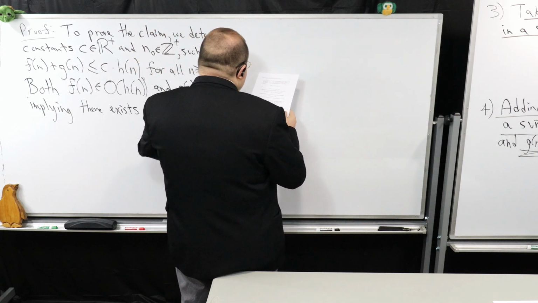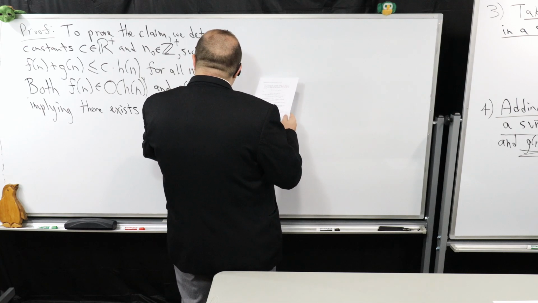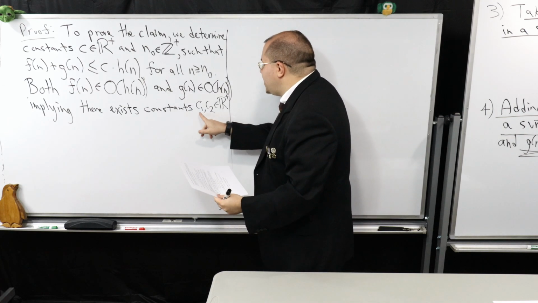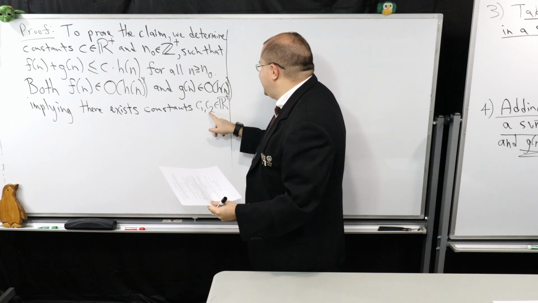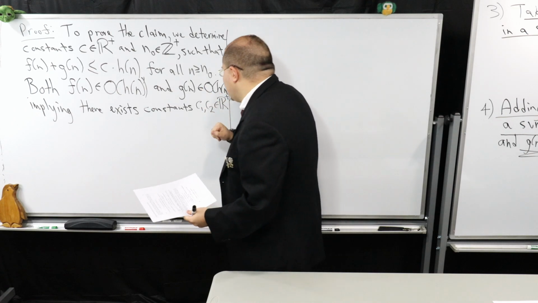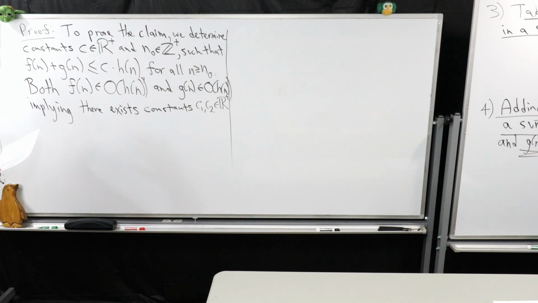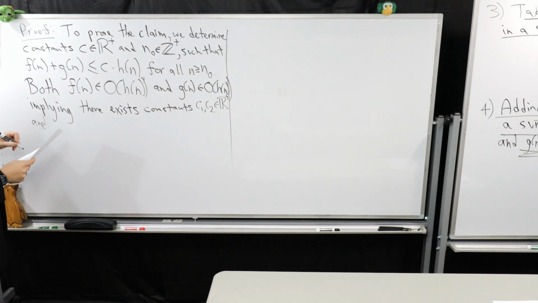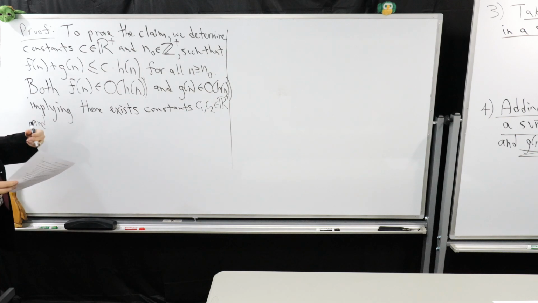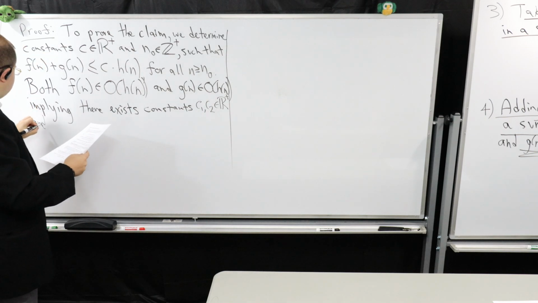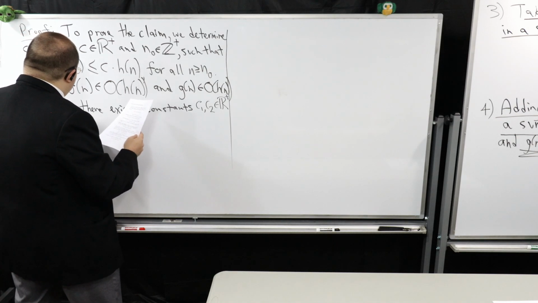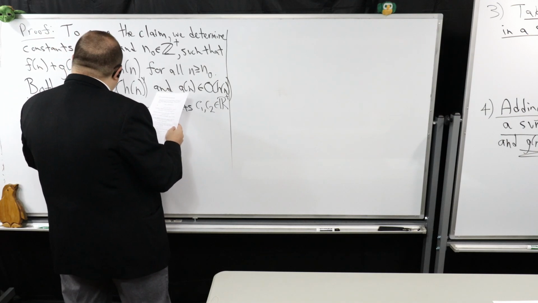Implying there exist constants c1, c2, which are positive real numbers. So c1 comes from this claim, and c2 comes from this one right here. I'm just going to use these because they're part of the conditional, the if part. From each one of these I get a c, and I also get those n0 values. But remember, I already have an n0, so I'm going to give them different names: n1, n2, which are positive integers, such that